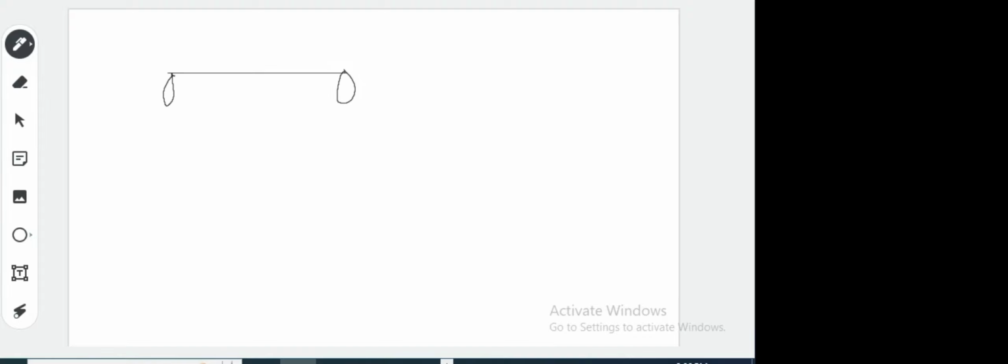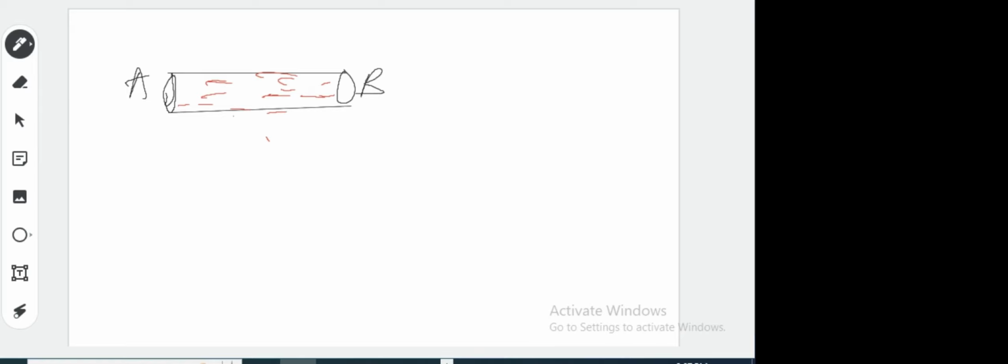This is a pipe, an open pipe at both ends A and B, with water inside this pipe, lying horizontally. I'm going to represent the water inside the pipe with dotted lines like this. If you have water inside this pipe and the pipe is lying horizontally,